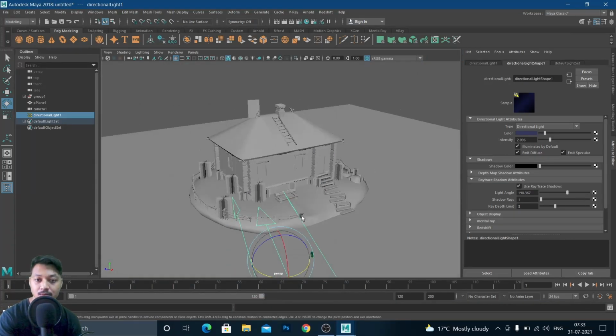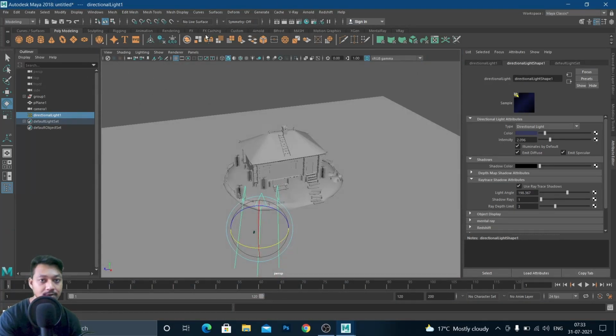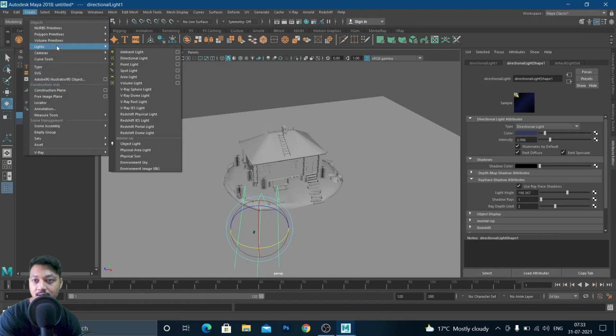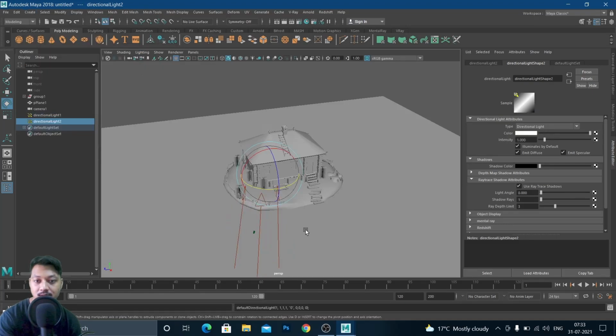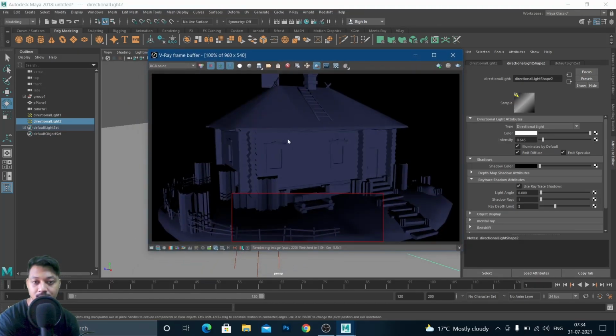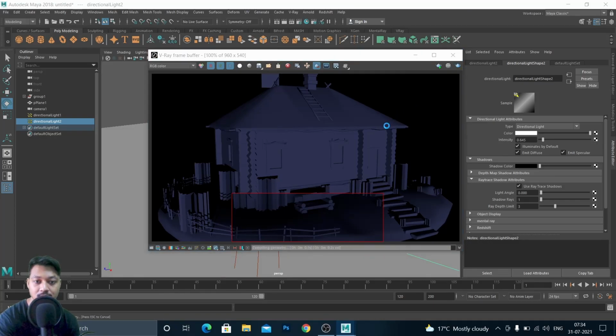And now we should have a moonlight, right? A little bit of it. So let's create another directional light, create lights, directional light, and E to R to scale, so you can see what's happening. You don't have to scale this, so a little bit of moonlight coming from top. Let's render,